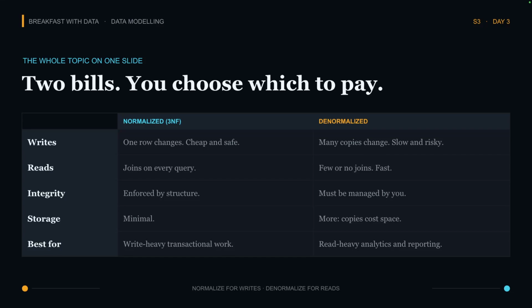For normalization, one row changes, only one row. You understand? That's very cheap. It's very safe. Only one row that you do, maybe you insert or you update. That's like still overwriting when you do an update, right? No problem. Then for denormalization, many copies will change because the same record can repeat multiple times. There are definitely redundancies. So when you want to make changes, maybe you want to update something, it's actually slower